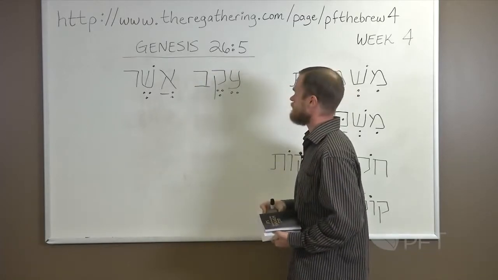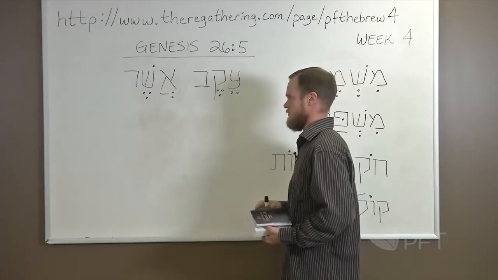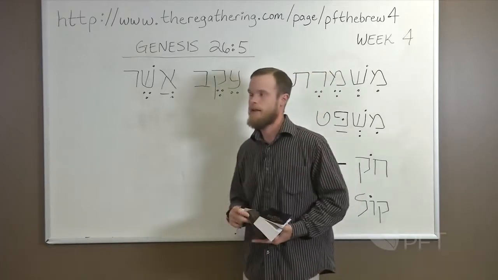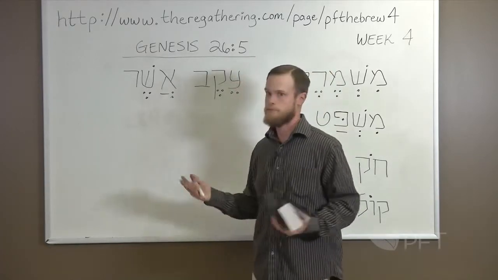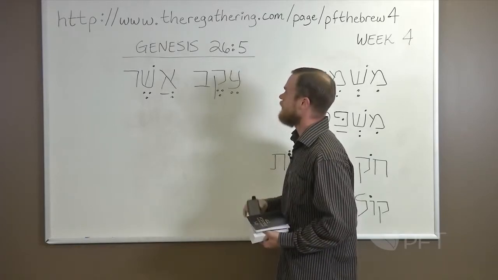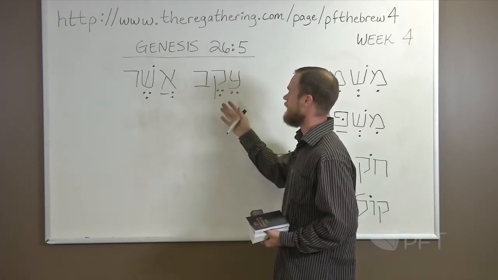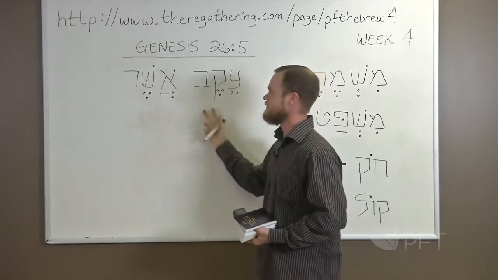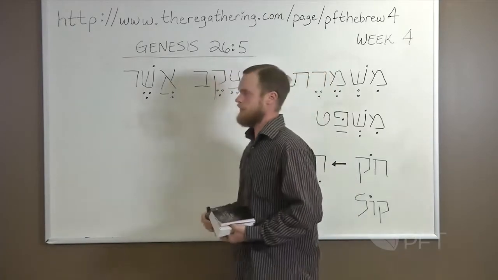But Akev actually survives as a word that means because to this day. But off, which means anger in Genesis 3, does not. It just means anger now. So, but in any case, this whole phrase Akev Asher, right, because that,